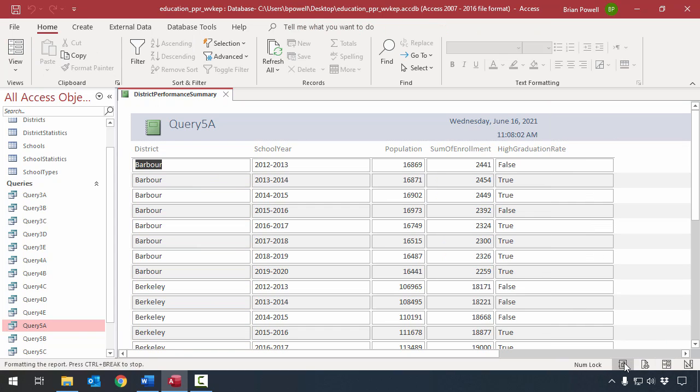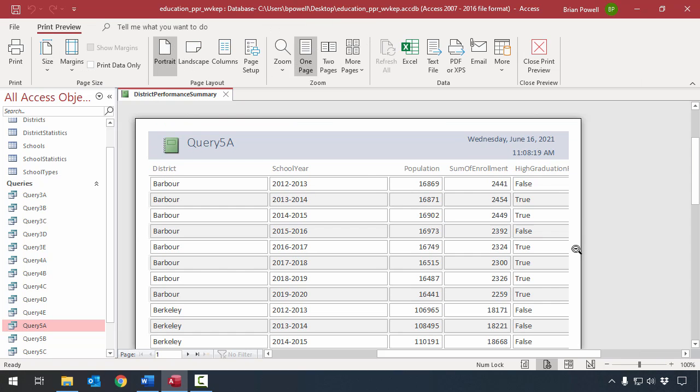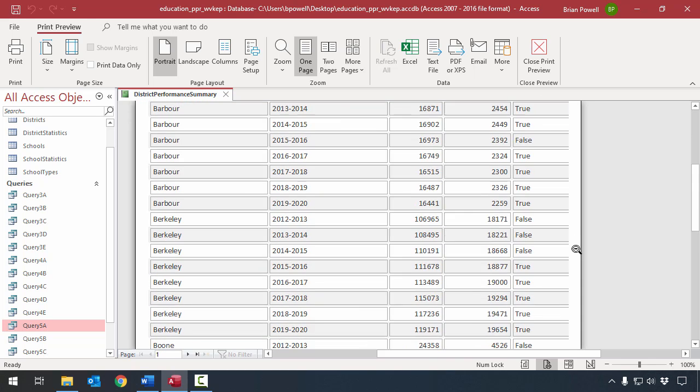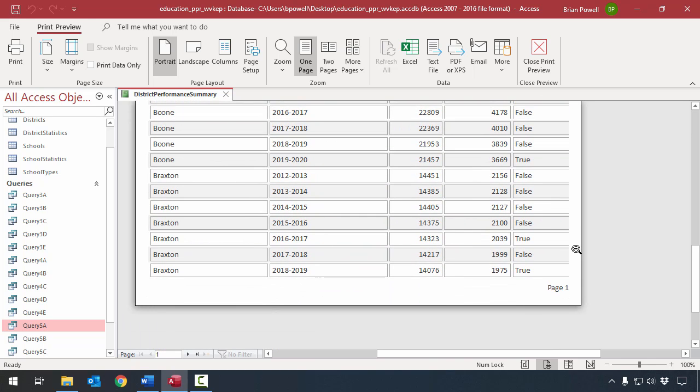There's Report View, which basically just shows you the data. It's pretty much like what Layout View does, except that it doesn't allow us to edit any of the fields that are going to appear in the report. And there's also Print Preview, because most of the time when you're working with a report, you're going to print it out, or you're going to maybe make a PDF of it. If you're going to actually view it on screen inside of Access, you're probably more likely to use a form.